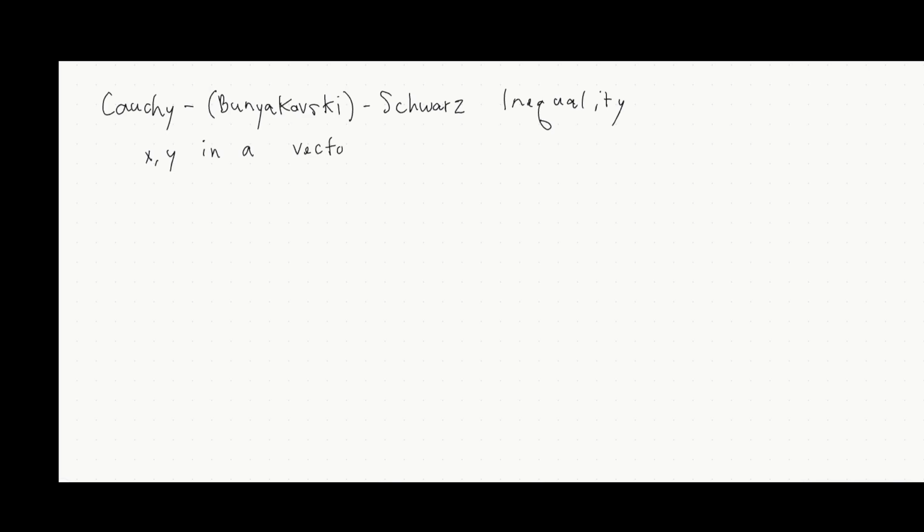So let's prove the Cauchy-Schwarz inequality, sometimes also known as the Cauchy-Bunyakovsky-Schwarz inequality. So this is the inequality given two vectors in a vector space